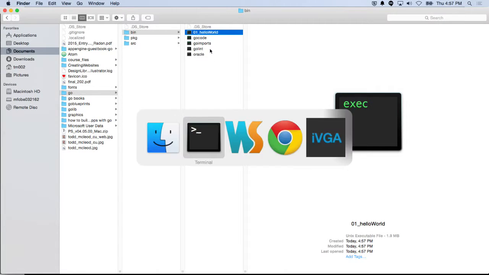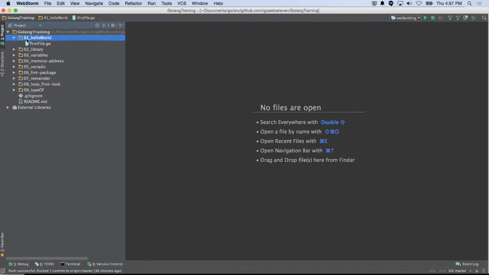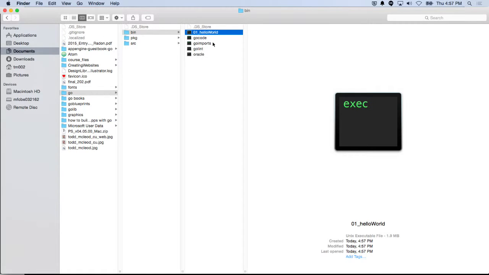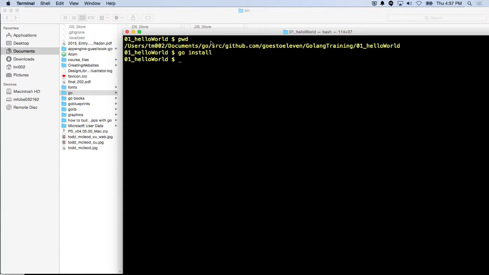Let me just check that. Where did it get the name? So I got the name right there, O1 Hello World. Okay. And so now from my terminal, because I have this binary executable, and in my terminal I also have